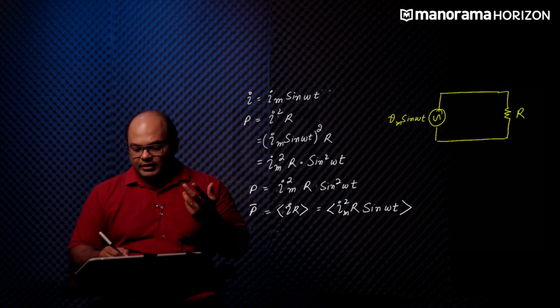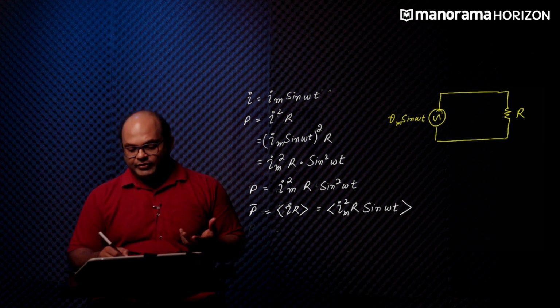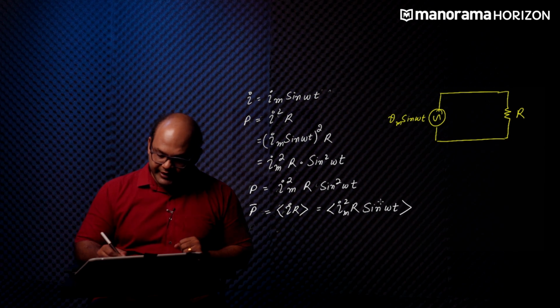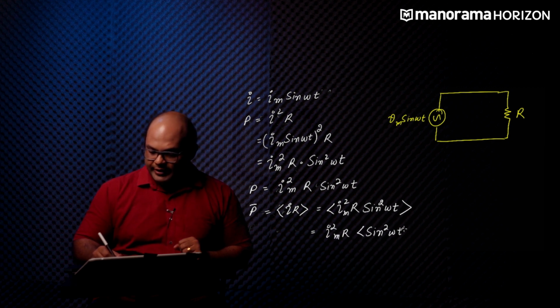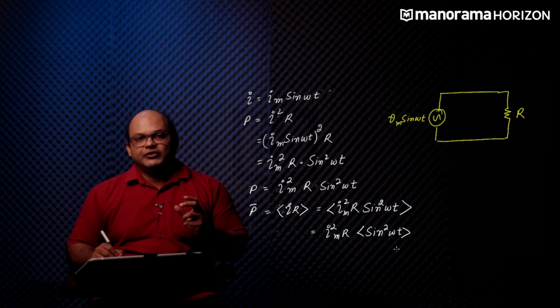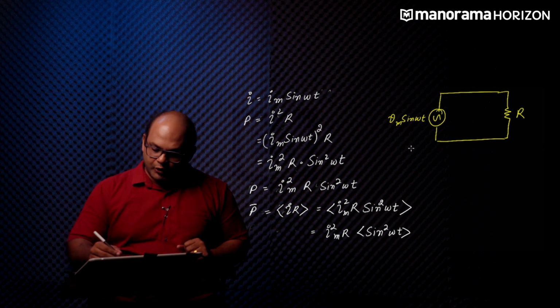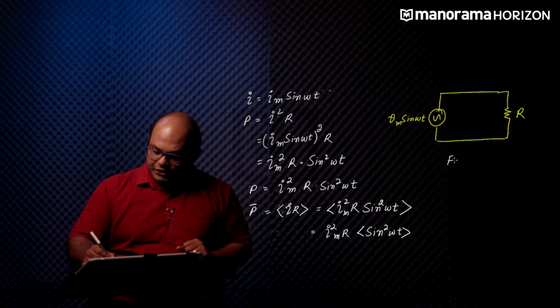Now once again, Im squared, the peak value of the current squared, remains constant, the resistance remains constant, so we can take them out. We can define this as the average of sine square omega t over a given half cycle, which is 0 to capital T. Now the question arises, how do we calculate the average value of this function sine square omega t for a given half cycle? To do that, what we do is, for any function that is defined for a time period